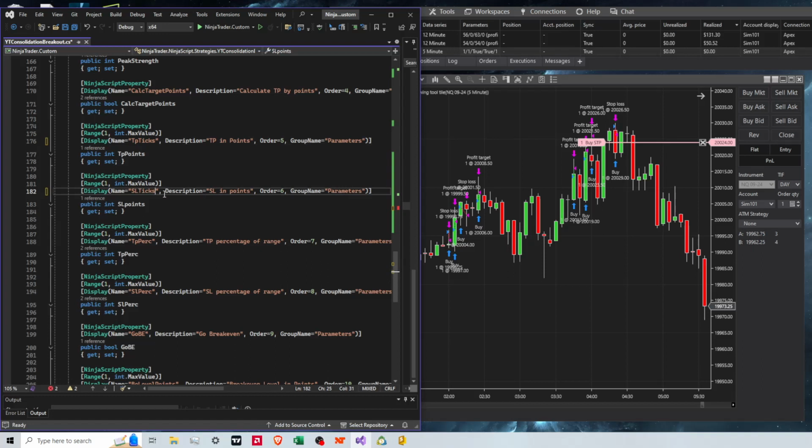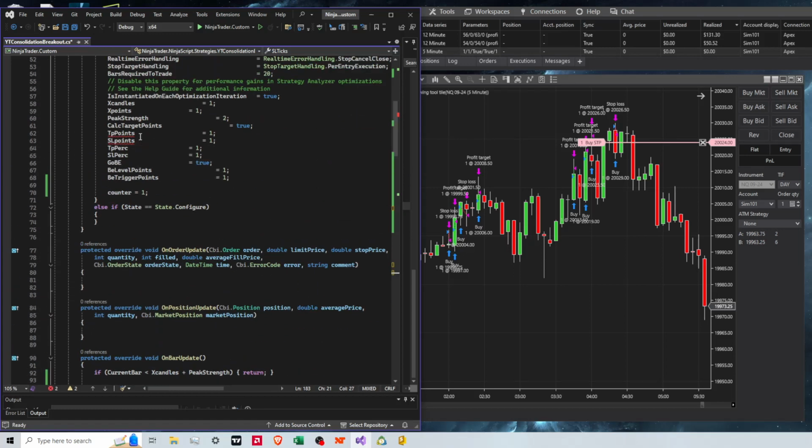Stop loss ticks. TP ticks. Stop loss ticks. TP ticks. Stop loss ticks. Default 10, 10,